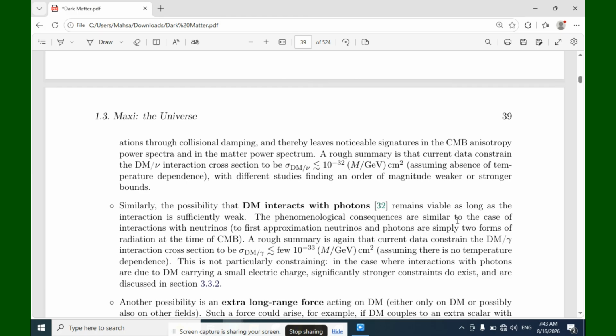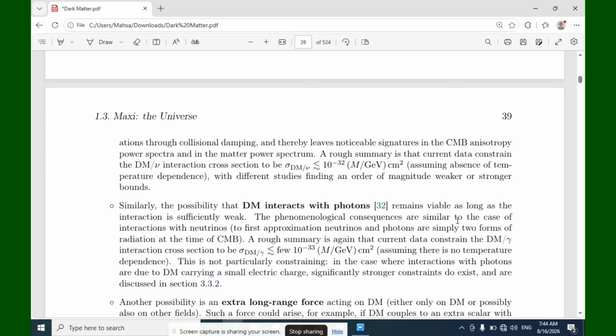A rough summary is that the current data constrain the dark matter-neutrino interaction cross-section to be σ_DM-ν less than 10^-32 (m_DM per GeV) square centimeter,